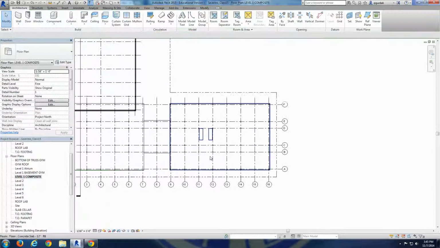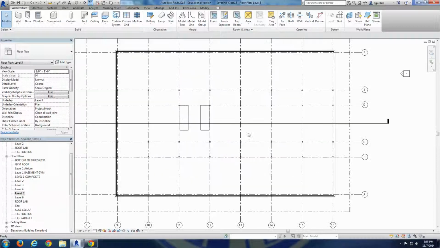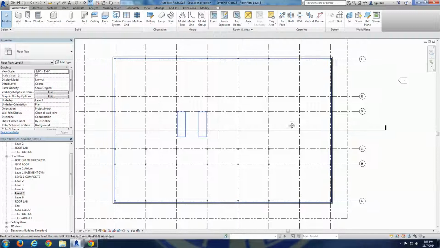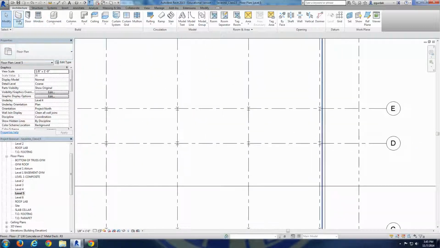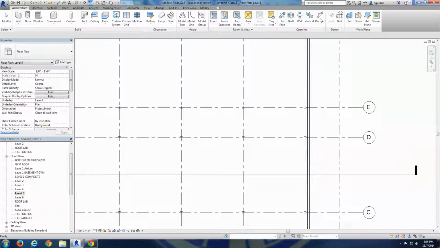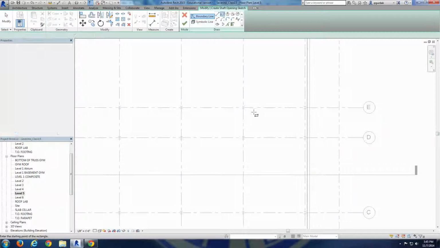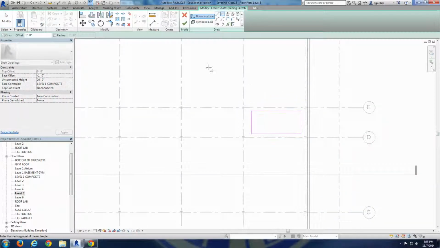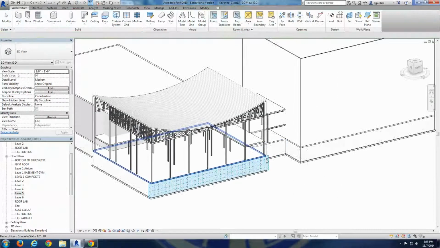So after this video, I'm going to go to level 5, for example, of my lab, and I'm going to start creating a layout. Before I jump to the layout, because I don't have any of my shafts, I'm just going to do a very fast shaft by pressing shaft, rectangle, say OK, go to the 3D,